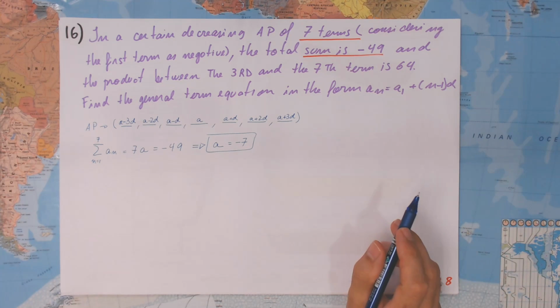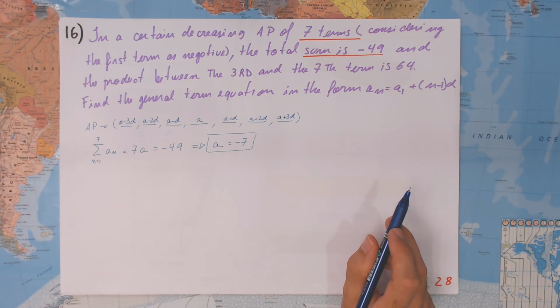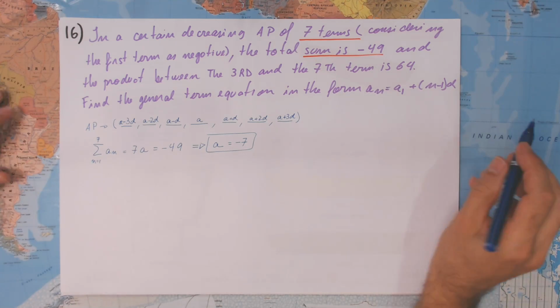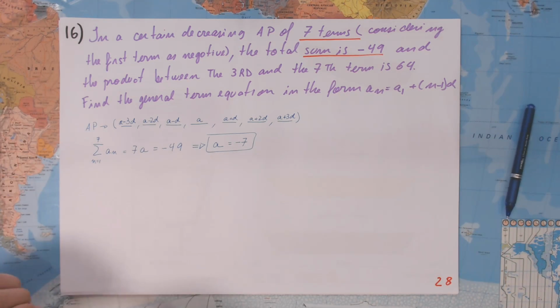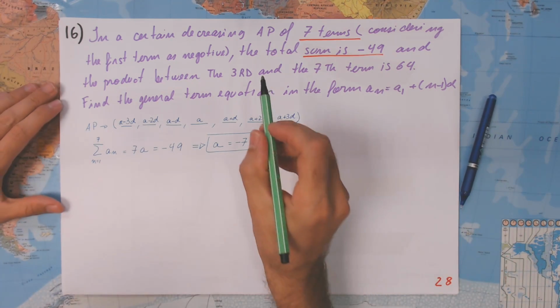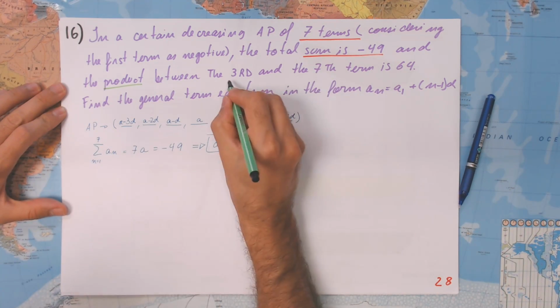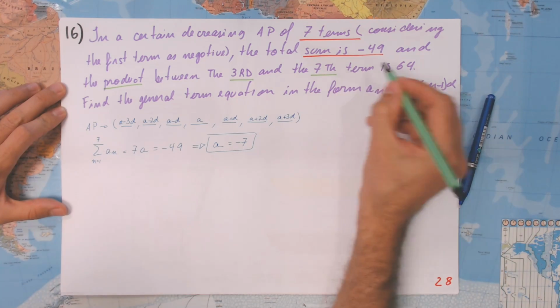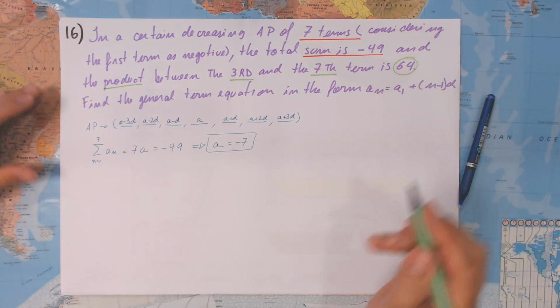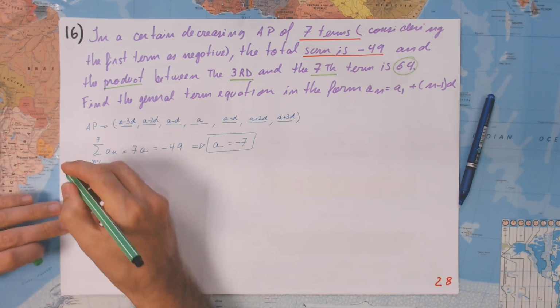So now we will have to rely upon this new information in here. If there is anything else you can do, we have to use more information. Now we're going to use the product between the third and the seventh, which is 64. Now let's use this part